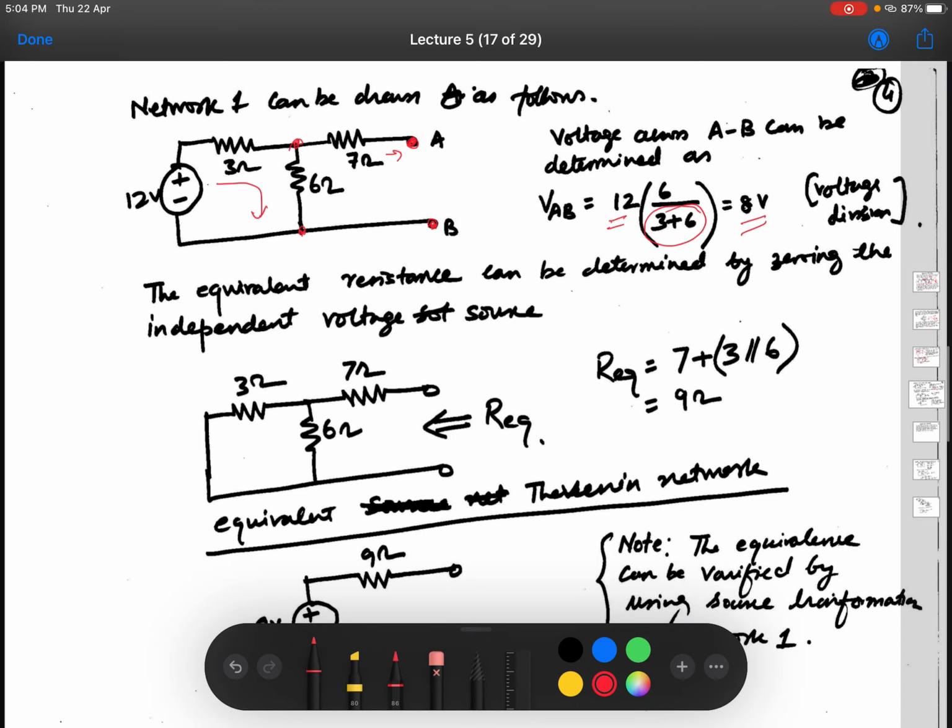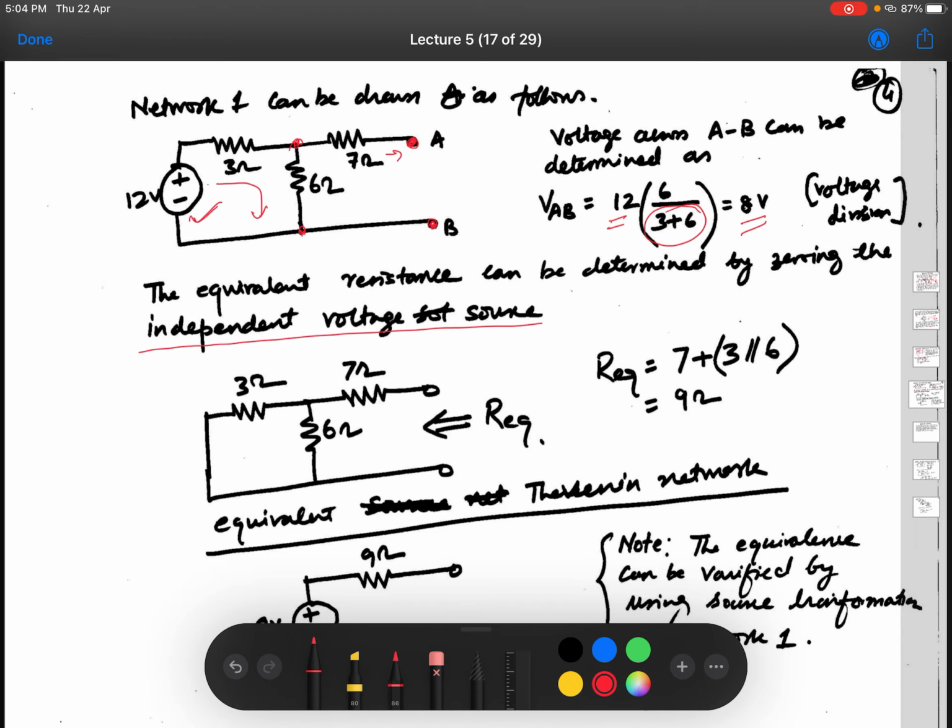And now we have to find what will be the equivalent resistance. Now to find the equivalent resistance, I have to remove all these sources, or make them equal to 0. All the sources here means actual sources, which are only independent sources. Dependent sources are in fact a reflection of independent sources. So whenever we say sources are removed, what I mean here is the independent sources. Here there is one independent voltage source, and that is to be removed from the circuit, and across A and B we find R equivalent.